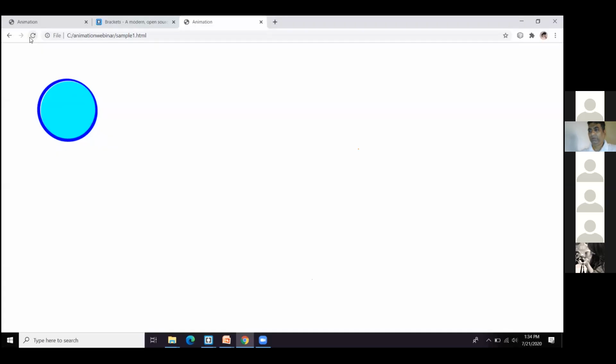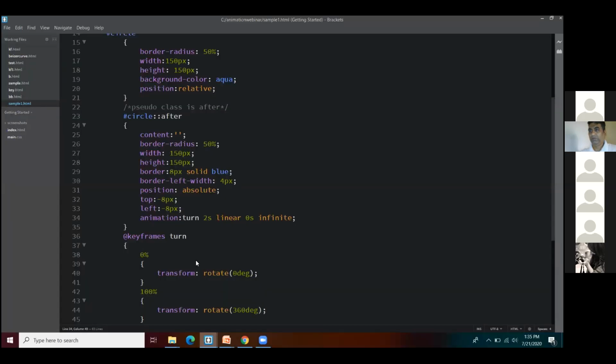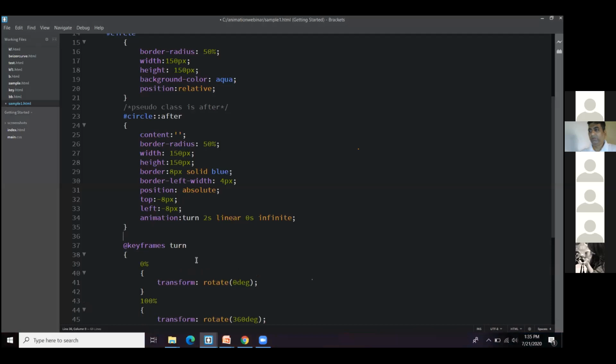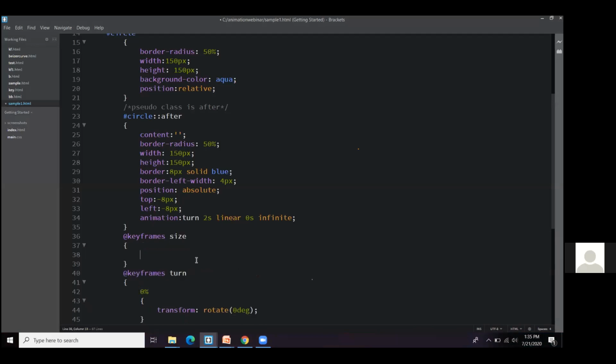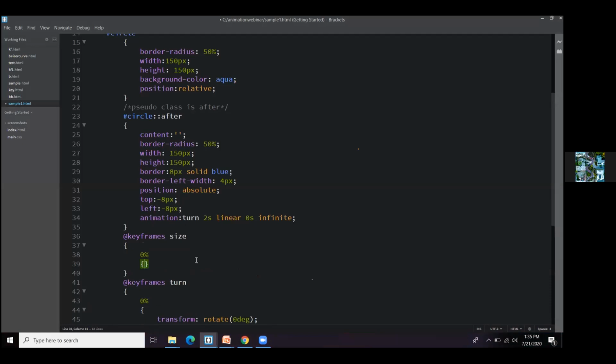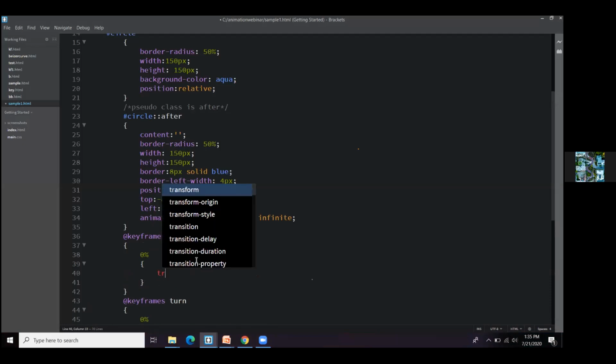Now how will we be increasing our size? To increase the size, we are going to have a keyframes again. Let us make a keyframe for increasing the size. So I'm writing here keyframes, and the name of the keyframe that I'll be giving over here is size. At 0%, my size should be, you can change the size with the help of transform.